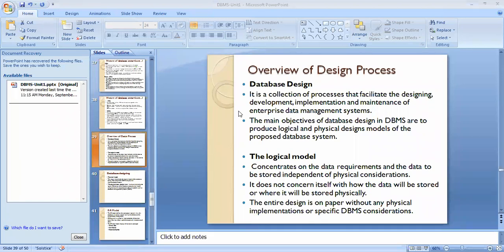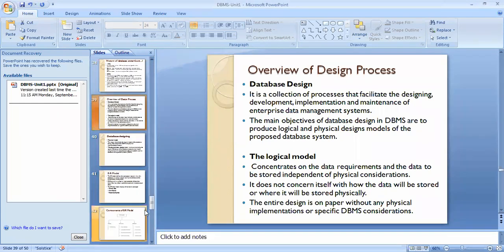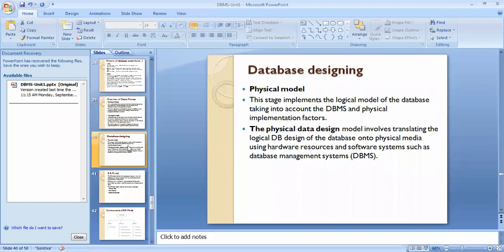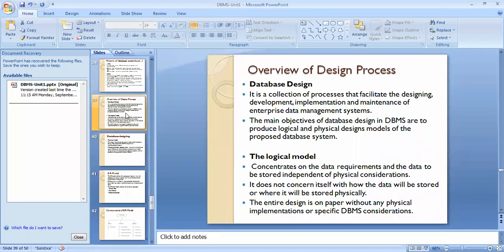It does not concern itself with how the data will be stored or where it will be stored physically. Remember this point. The entire design is on paper without any physical implementation or specific DBMS consideration. Are you getting the point of the logical model?